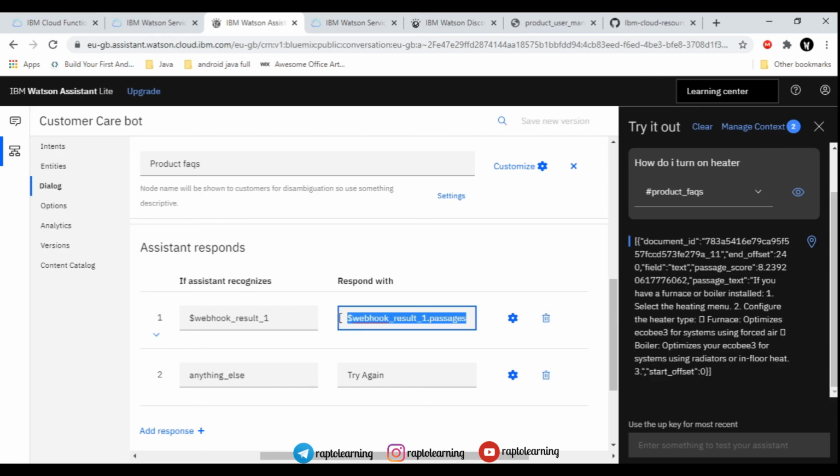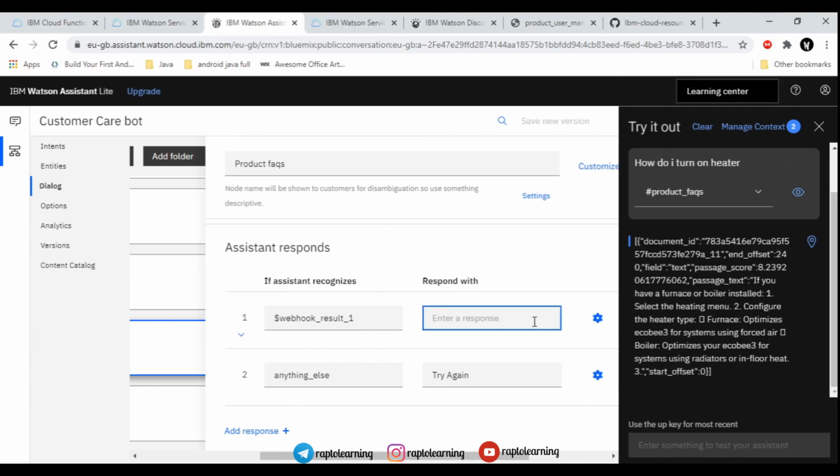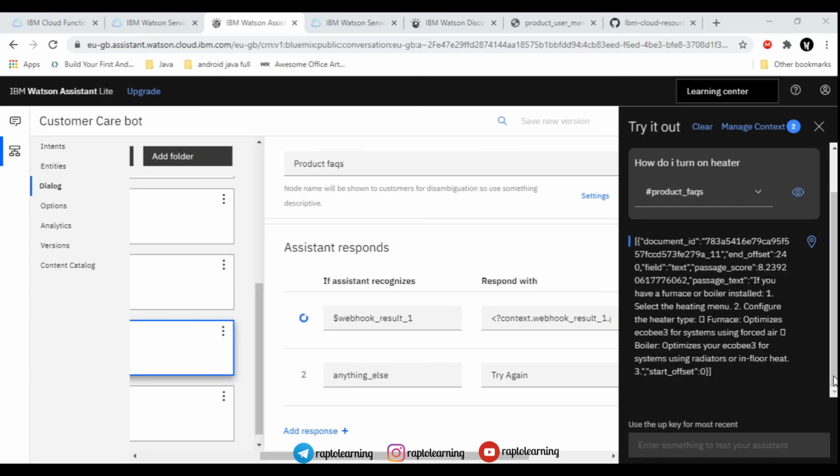We have to type here webhook results 1 dot passages, and then replace this with the code which I am going to show you. This is a little bit more complicated code, that is this one. We have to get only a string, so that's why we are going to use get as a method.